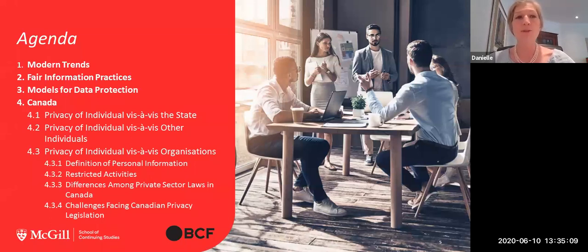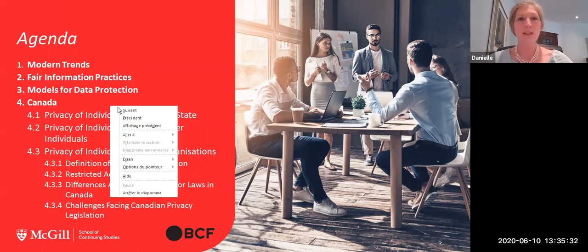Then I'll talk briefly about the various models for data protection legislation. And finally, we'll address Canada. The bulk, obviously, of this presentation will be on Canada. I'll talk briefly about how privacy works when we talk about criminal law, and then we'll talk about the private sector and how that works. And that really is what concerns us the most today. So to start,